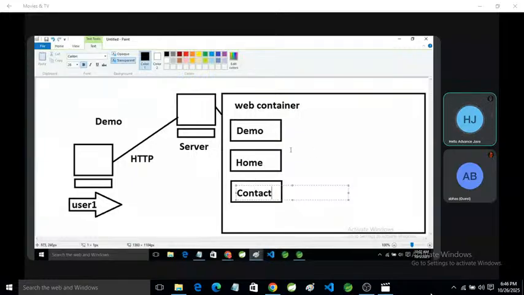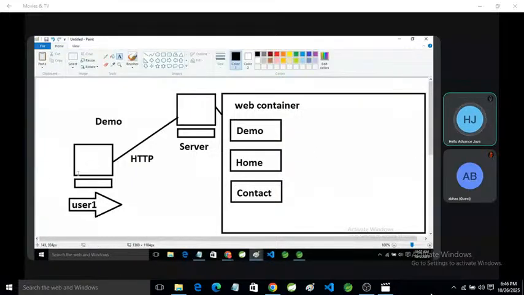They are different servlets, and user one sends the request for demo.